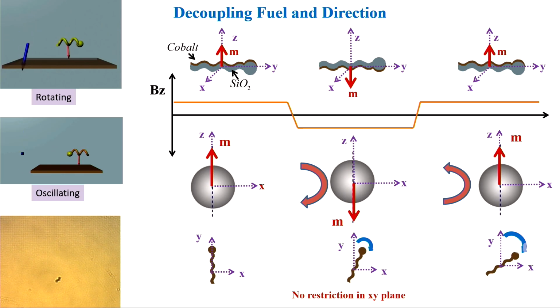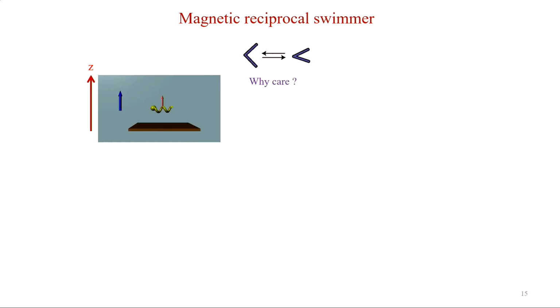And this simply happens because there is some natural weight asymmetry in the system which makes it always turn in one way, and therefore it goes forward, and then when you turn the field back towards plus Z, it comes back using a backward motion. So really what we did, and this is V1, is some kind of a magnetic reciprocal swimmer, if you use